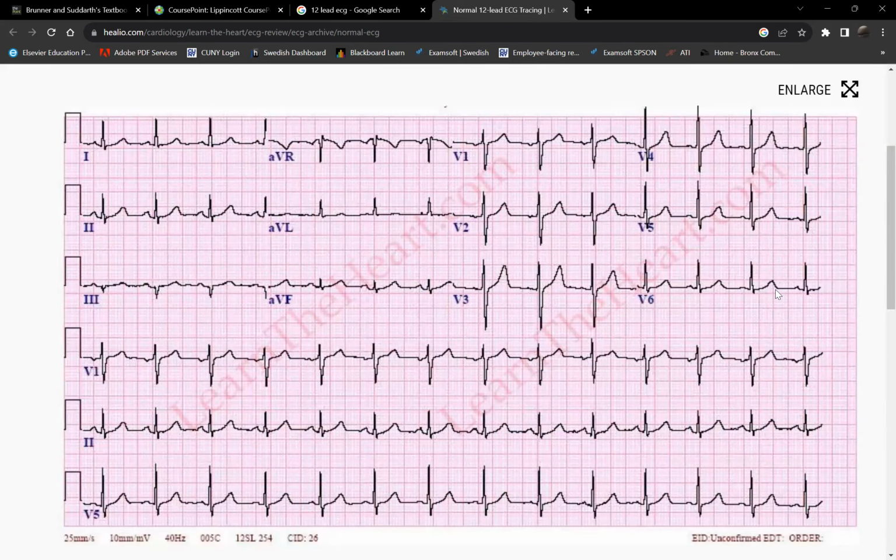But this is a 12-lead ECG. You'll notice that they look different depending on which lead you're looking at. Now, almost all, if not 90%, if not all of the strips you'll see in your textbook on this chapter are usually taken from lead 2. Why lead 2? Because